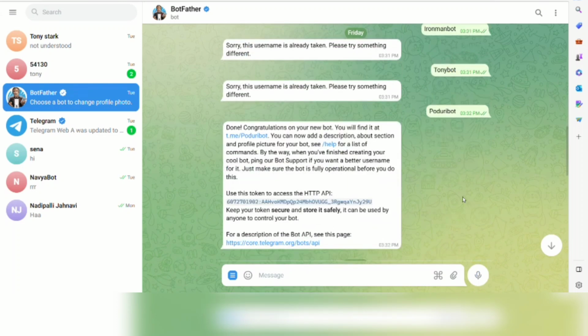After giving your specific username, it will give you a message with a token. The token is actually the HTTP API. It links to our chatbot, and we have to copy it and save it. And now